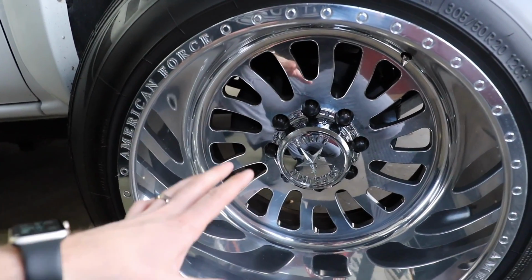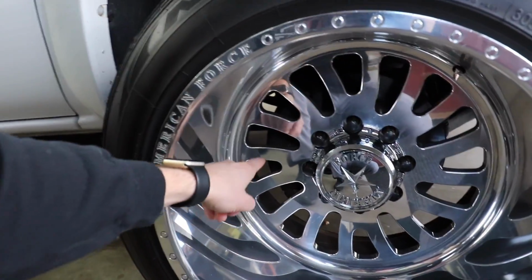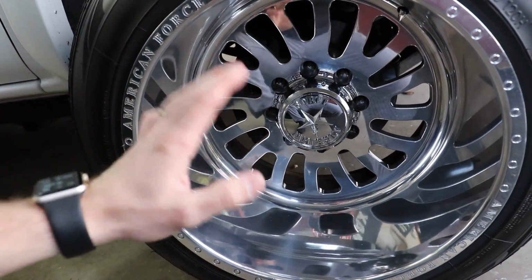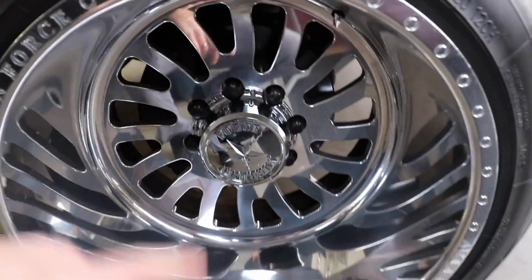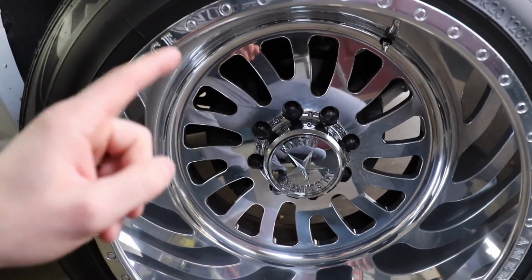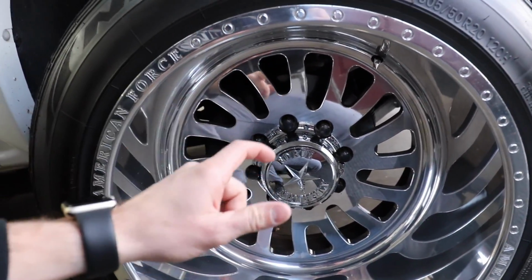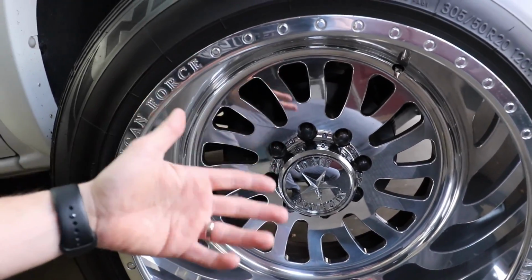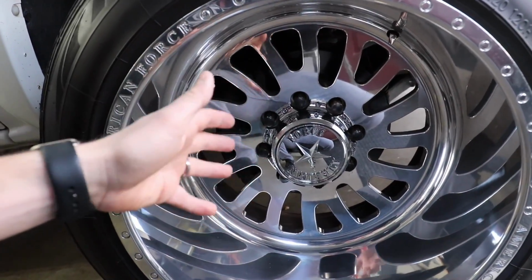These wheels, condition-wise, are in awesome condition. It's just they need a little bit of TLC in the windows of the wheel. When you're dealing with a polished wheel, it's actually exposed aluminum that's been brought to a state in which it has kind of a polished or mirrored finish. But that definitely won't last long if I drive this truck out in the elements, especially if I expose it to any brine or any salt on the roads. These wheels will quickly oxidize because the metal is actually porous, so it will absorb some of those other contaminants on the road, and it will bring this nice mirror finish to a very matte and kind of crappy